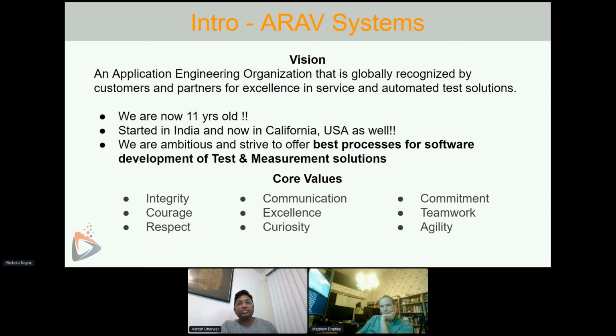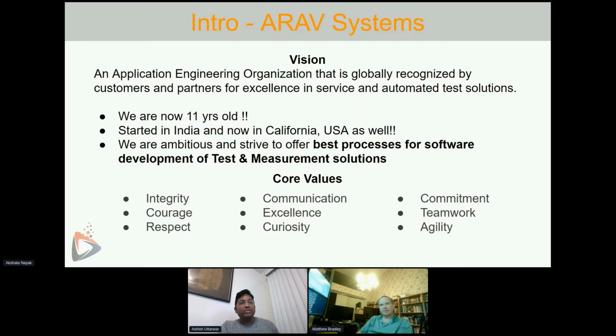I want to emphasize the word processes because, being an engineer, going through my experience with LabVIEW, at the beginning you start as an engineer doing some LabVIEW coding, and things start working, but then you make a small change, things break. As you mature over time, you get more responsibility of bigger projects where the process plays a very important role. So we try to make sure we have a nice process that a team follows while we develop